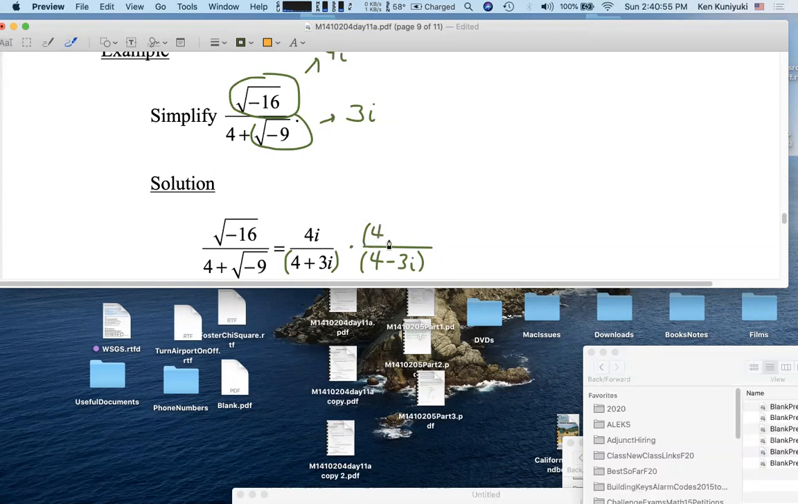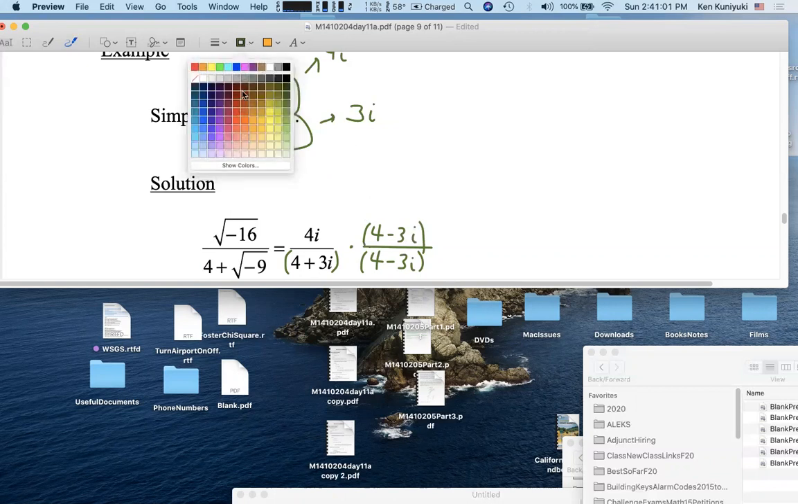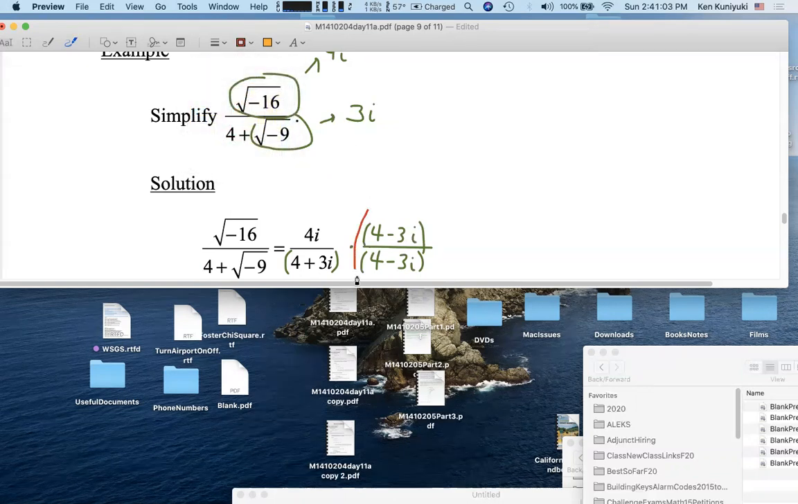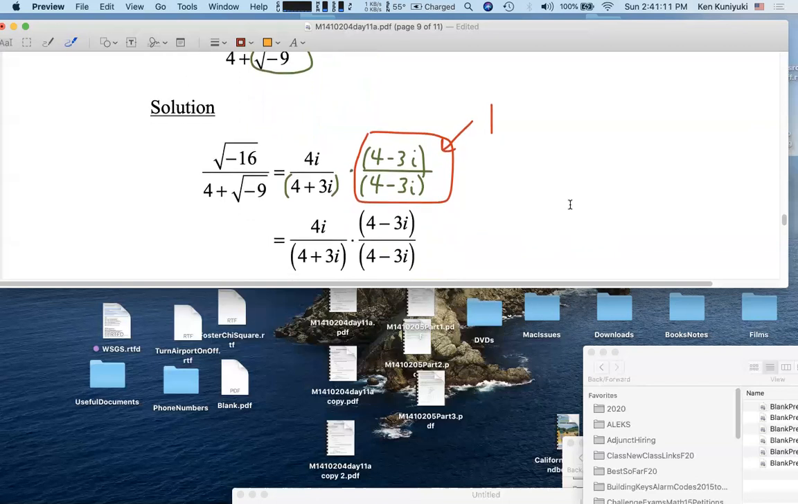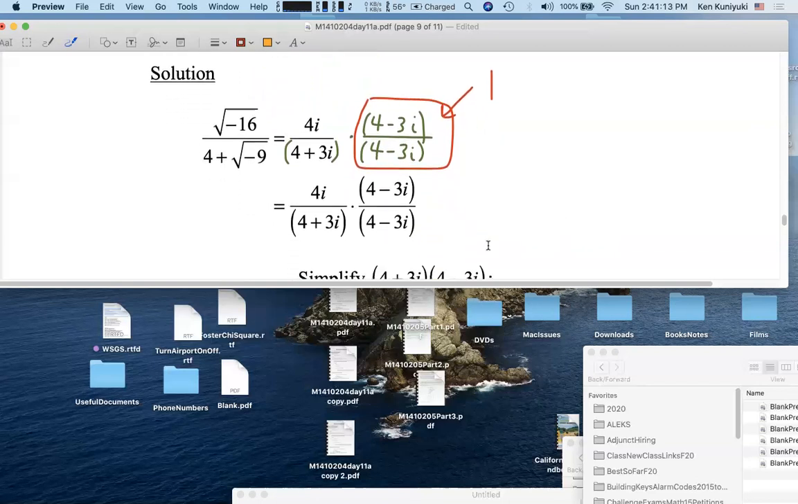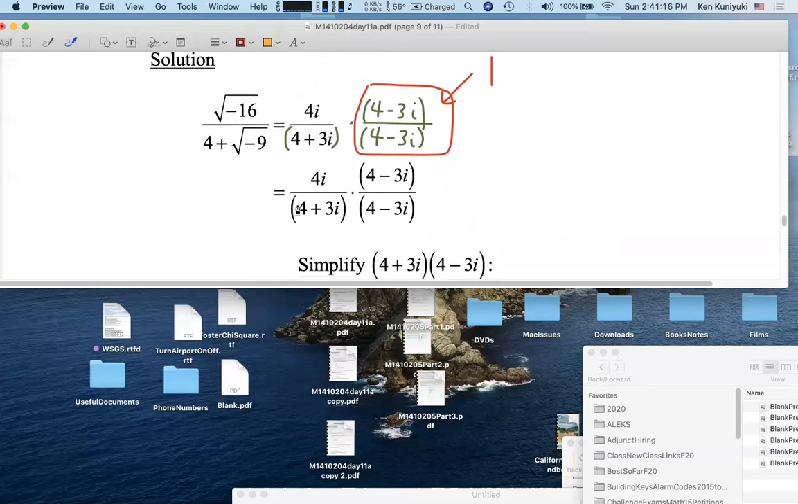Multiplying the bottom and the top, we're multiplying by 1 overall. Again, we're multiplying by 1 creatively so that we can get what we want, in this case, a real denominator. All right, now, when we look at these denominators, when we multiply them together, there are different ways you can